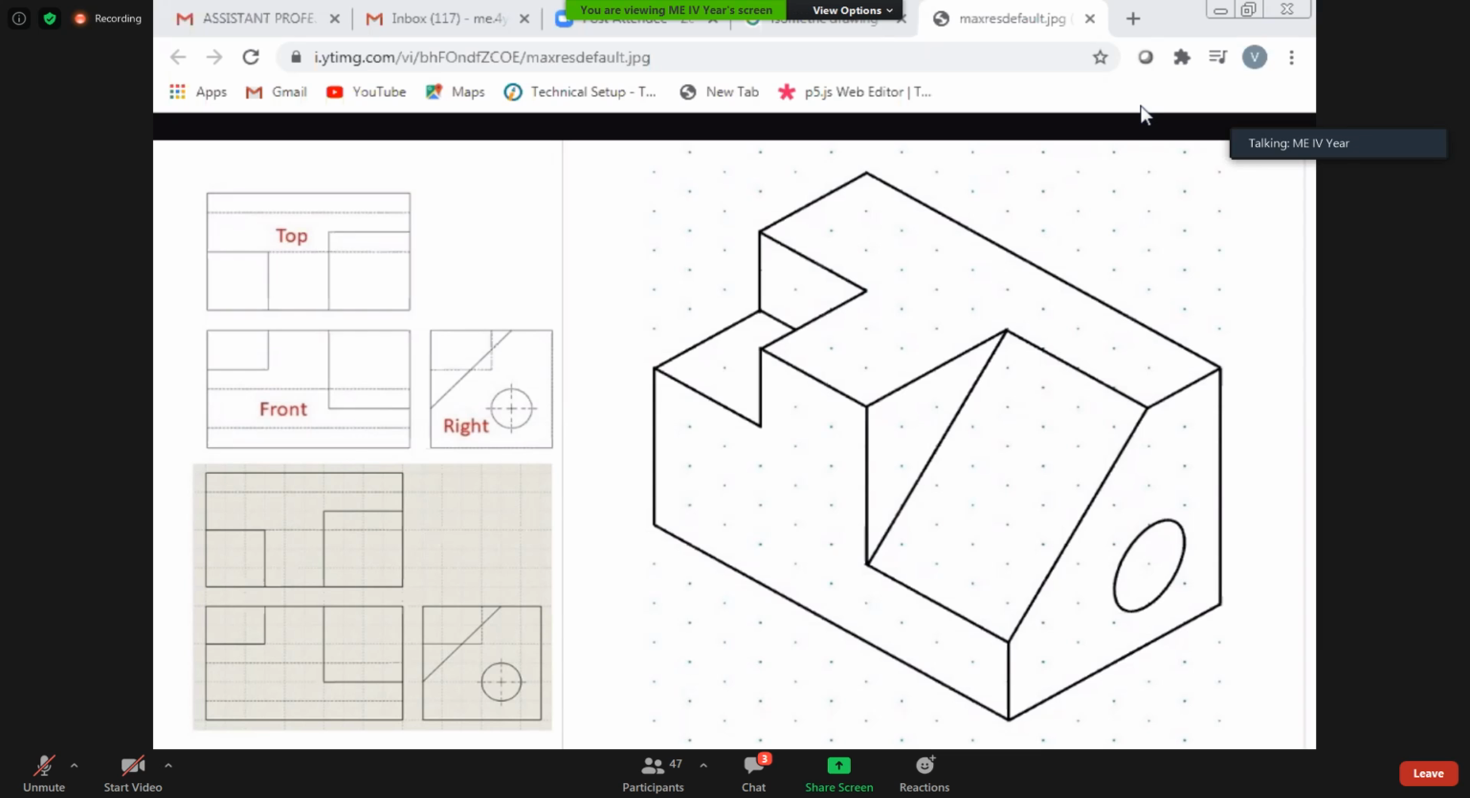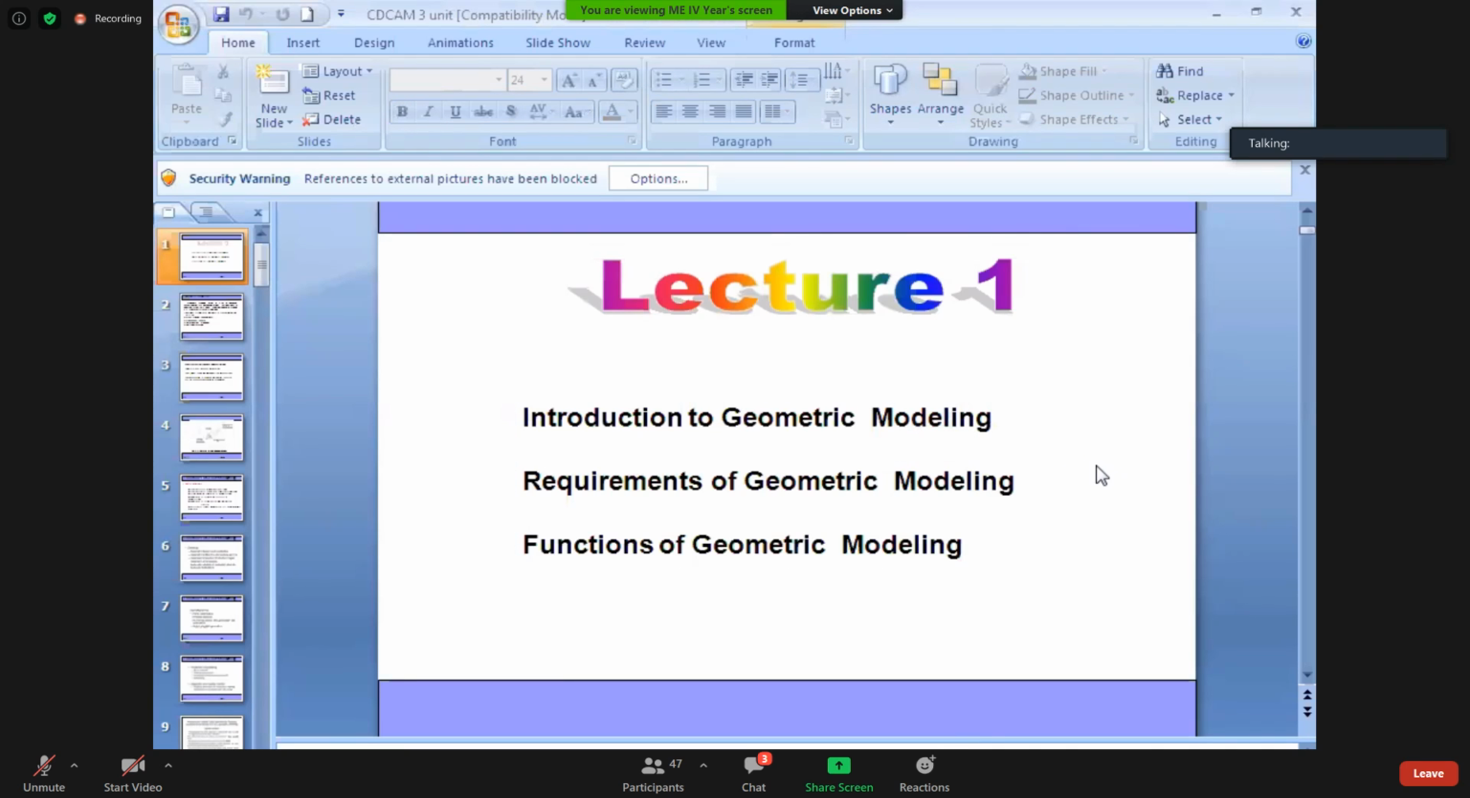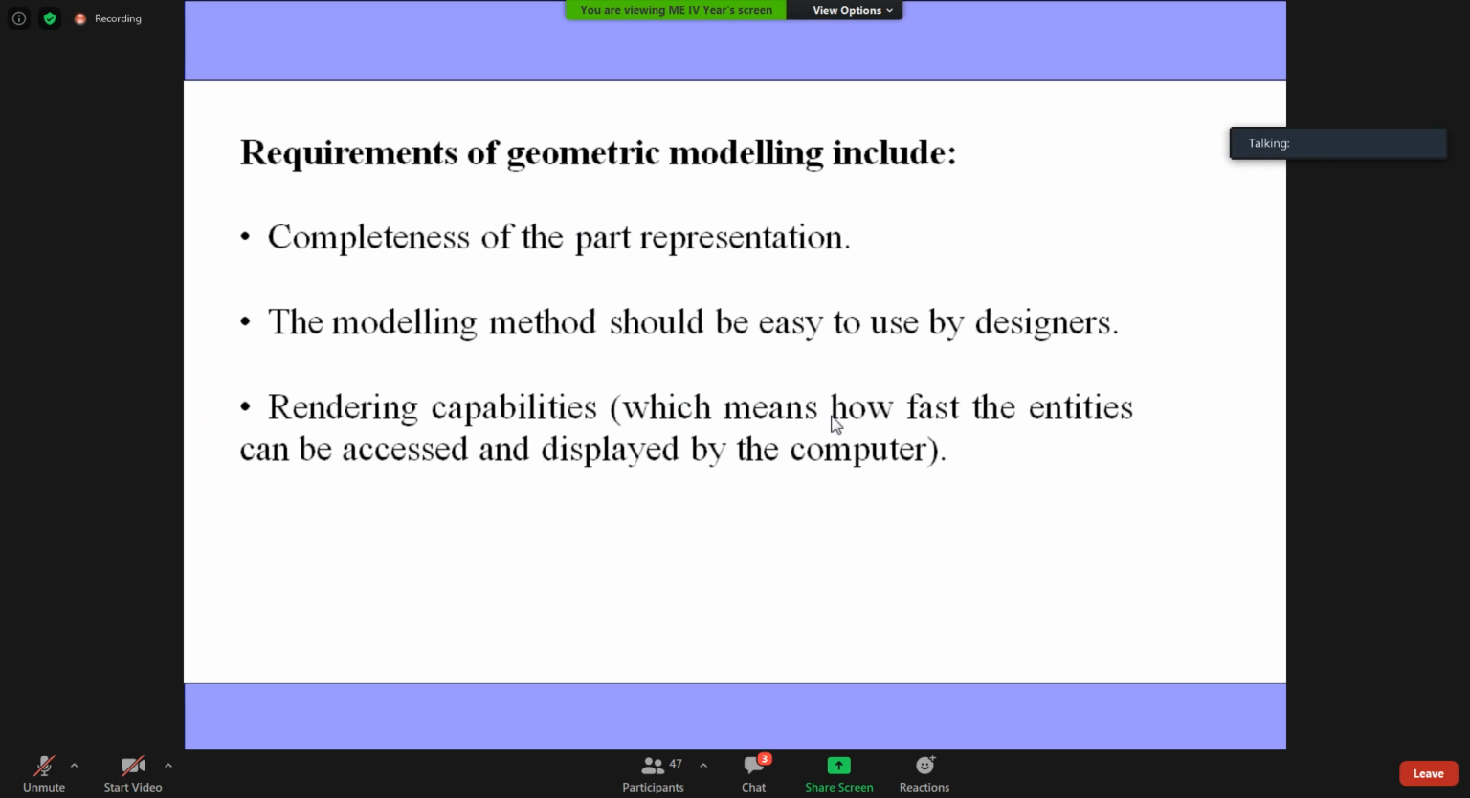Yes, sir. Okay. I'm stopping this lecture here and going on with the rendering capabilities according to the designers, which means how fast the entries can be accessed and displayed by the computer. Rendering means